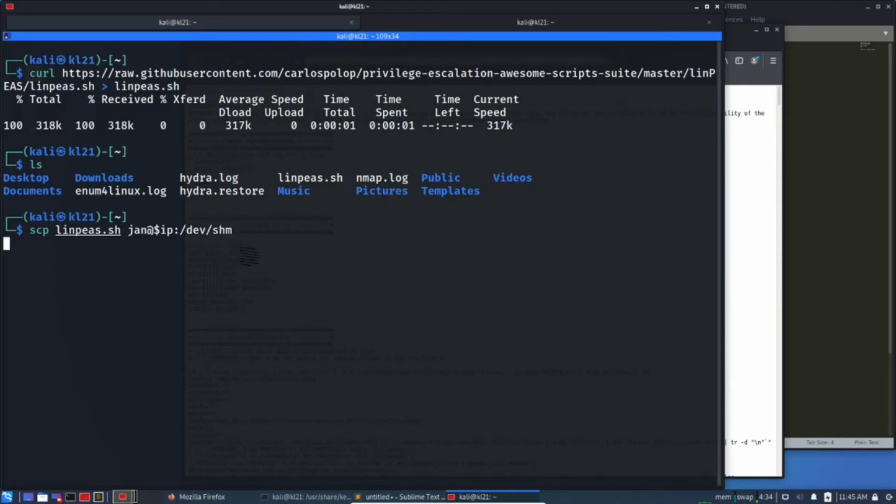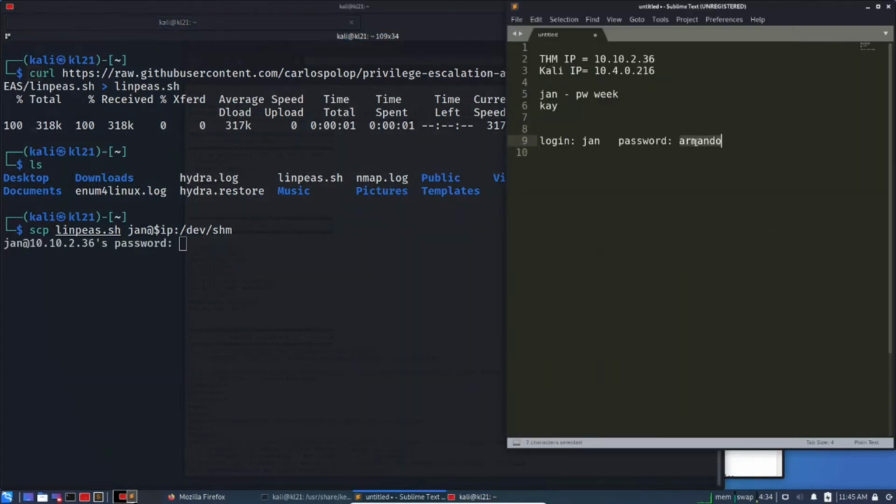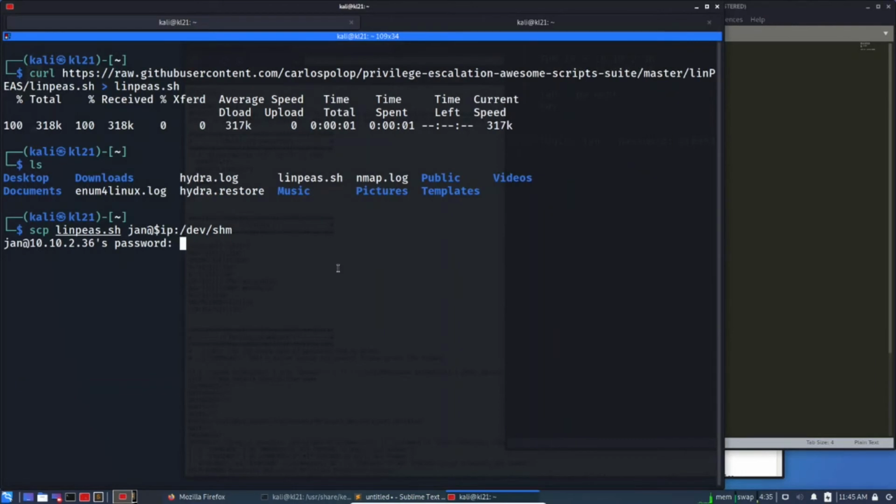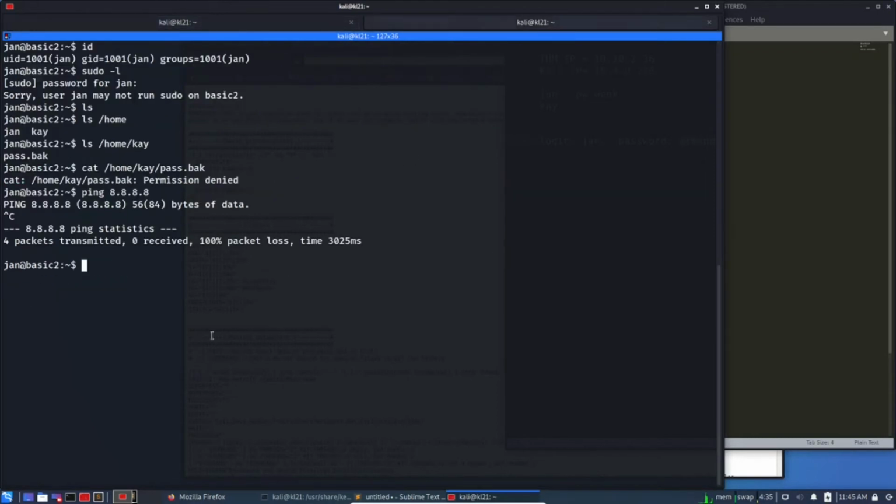And we need the password again. Copy and paste, enter. Most likely it is a success. Yes. Okay, so cd /dev/ what was that? SHM. Okay,